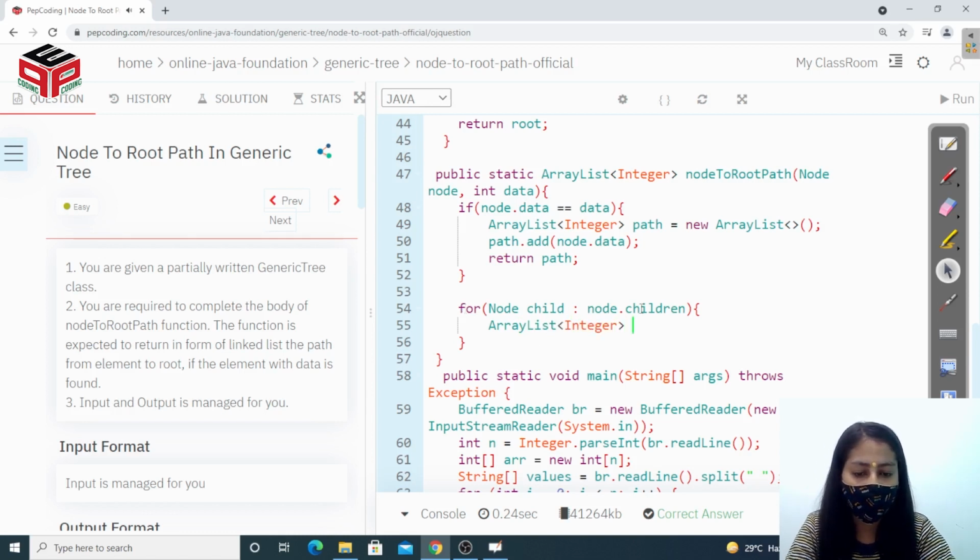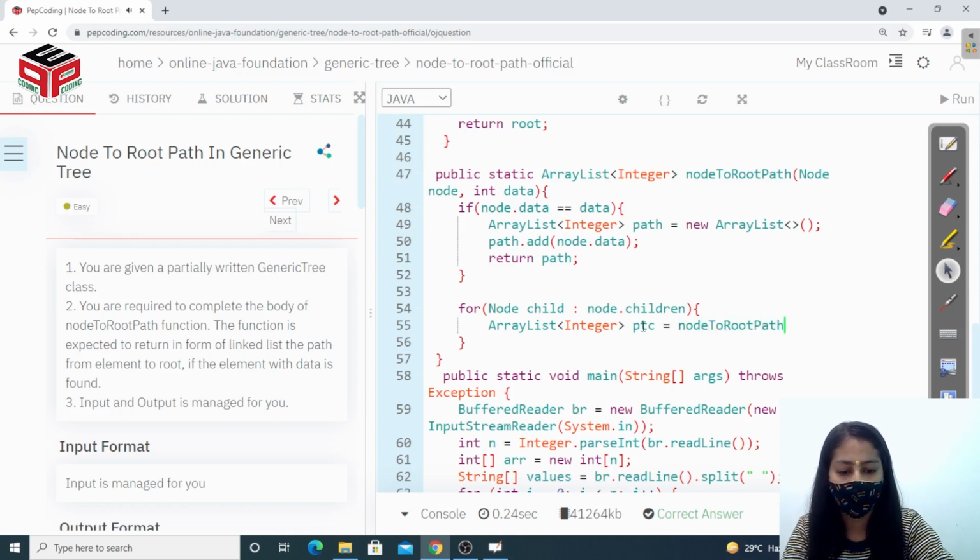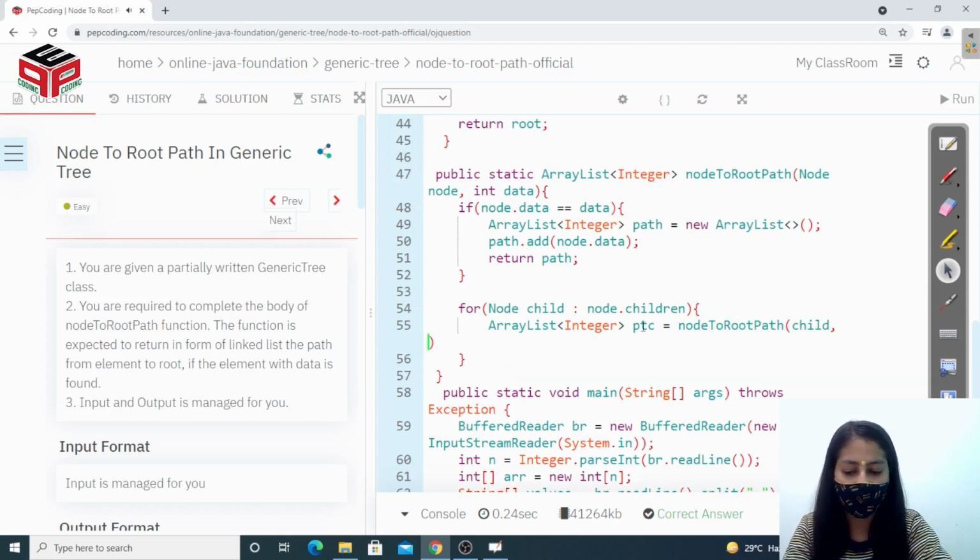The result of this will be a new array list, either empty or a filled one. So let the name of this array list be path till child. We have to pass the child, and the data will remain the same.